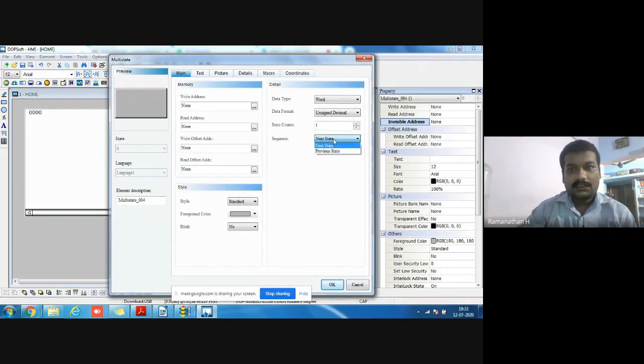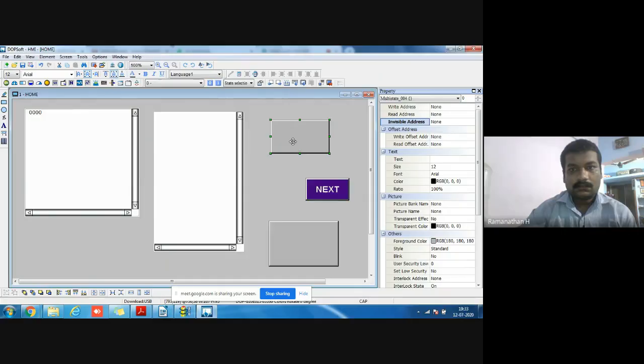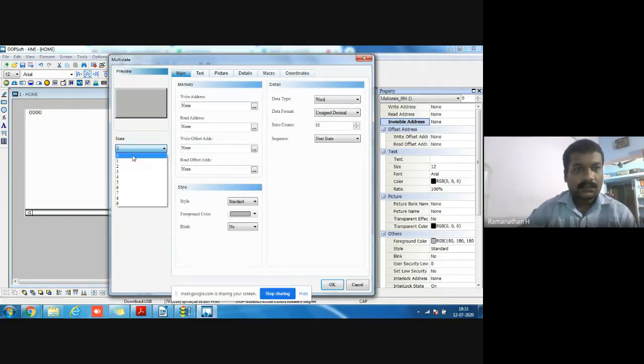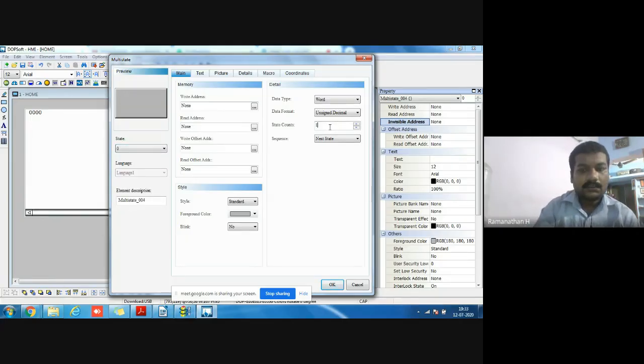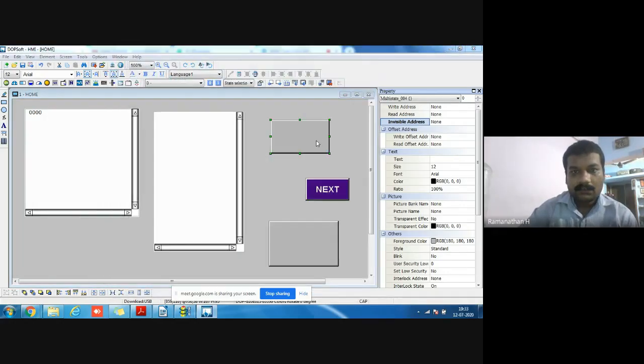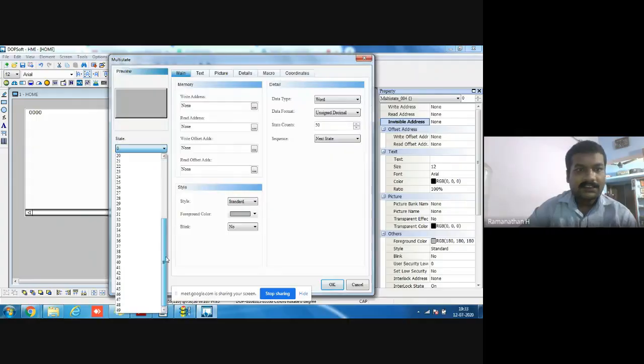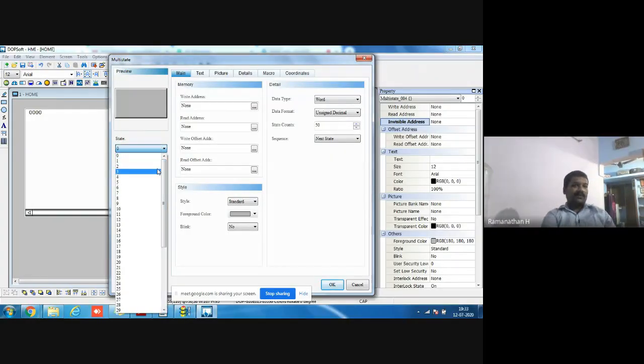Here I choose a state count of about 10: 0, 1, 2, 3, 4, 5, 6, 7, 8, 9, 10. Then I increase the state count so that 50 states are there. For each state we set one Boolean input. On each address, only one address is given, and beyond that one address, these different states are there.